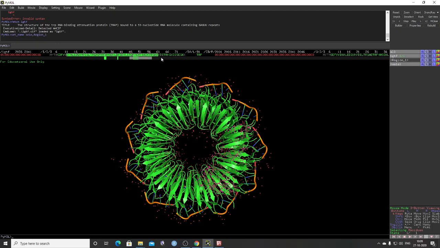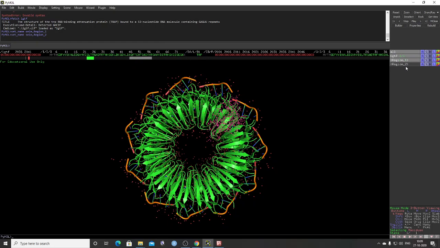So this is a region. For example, if you want to select, then you can go select, rename it region underscore two. So this region is now selected, right? So both regions you can find, region one and region two. So if you click here, it is region one. If you click here, it is region two.